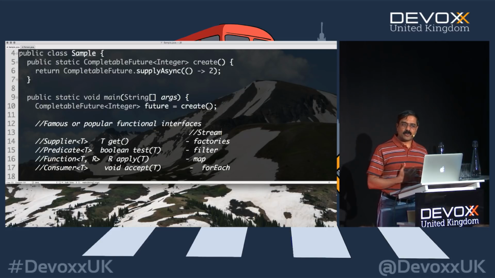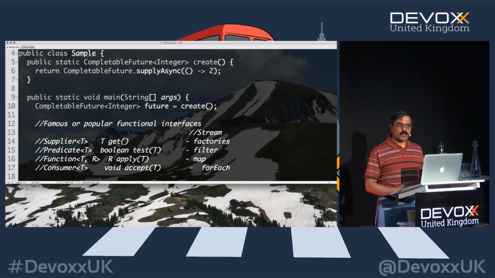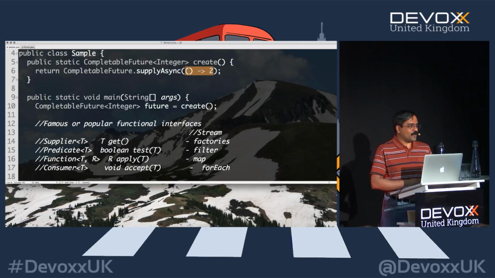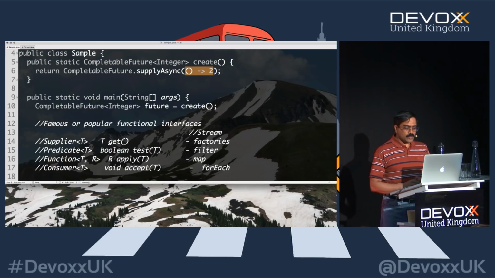So it's a good idea to really relate them because it becomes easier for us to use the API once we understand the purpose of these interfaces. A consumer is going to simply take away the stuff you give it and return nothing back. Supplier, on the other hand, provides something. Now you know why they called it supplyAsync. The reason they called it supplyAsync is, notice that is a supplier right there. It didn't take any input, but it's returning some value to you. So supplyAsync actually takes a supplier as its input. That's what you're dealing with.